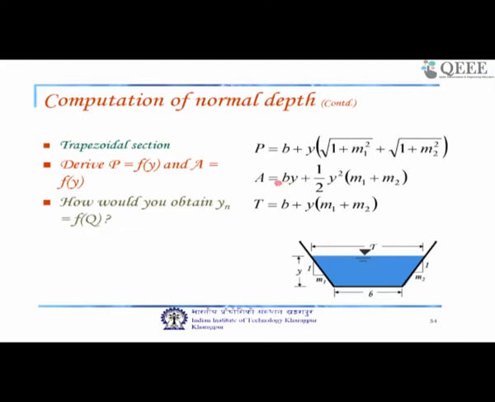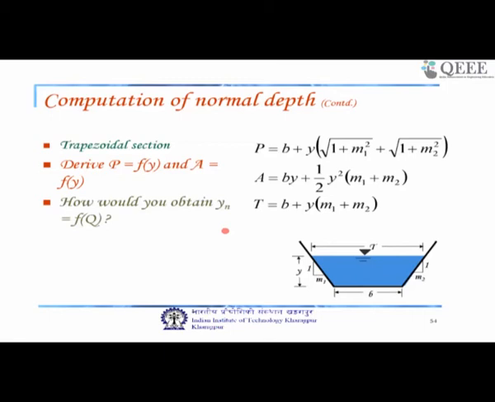So, the total area we can represent like this, and the top width again is b plus y m1 plus y m2. So, from this relationship we can obtain the depth of flow or normal depth in case of open channel flow